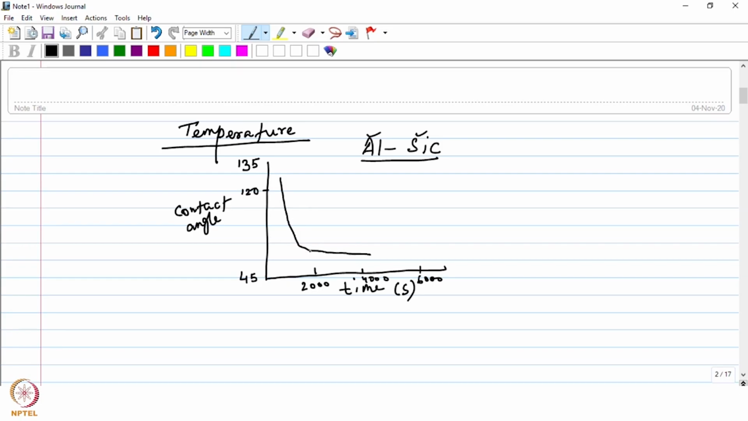And what is the final contact angle? That is the contact angle when it is leveling off. That would depend on the temperature. So you would see that higher the temperature, lower will be the final contact angle. Okay. So like that, it can be shown for different temperatures. Let's say for these three curves, we have these three temperatures. So you can see higher the temperature, lower is the contact angle,